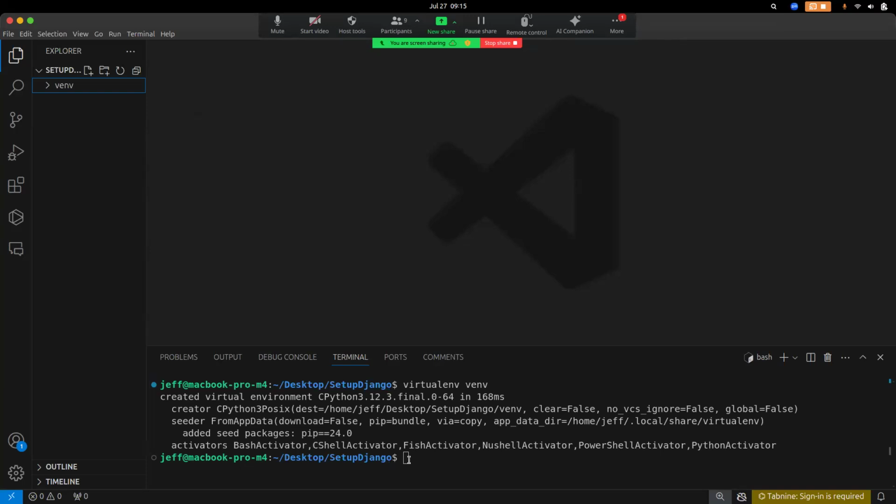Step number two that I need you to do is to activate the virtual environment. So to activate the virtual environment, you're just going to say source, then you type venv so that it will get the source of this file. And then you say bin, which is the directory, activate. Now, once you do activate and press enter,